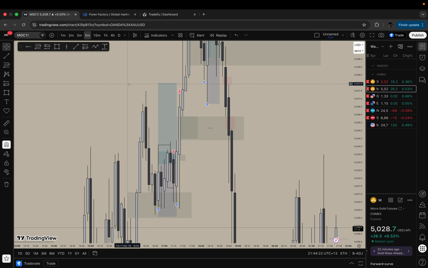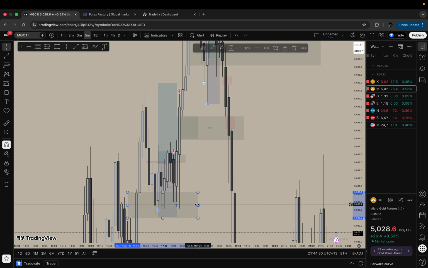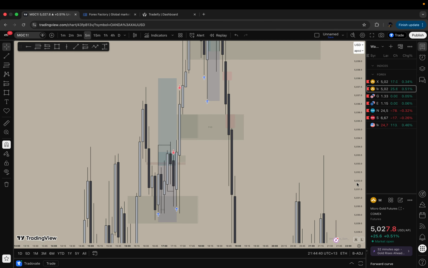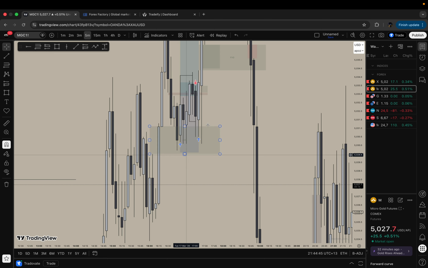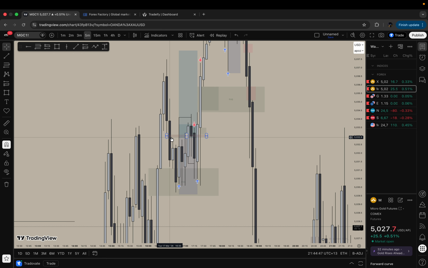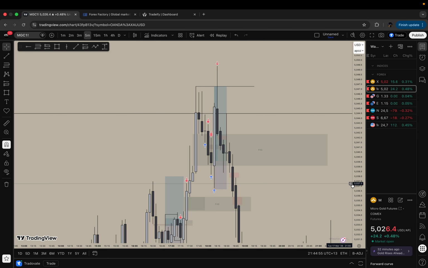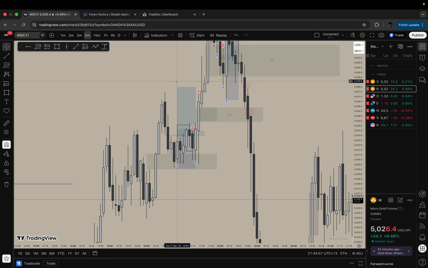On the 5 minute, we didn't really see anything besides this 5 minute gap being created on the move down to this 15-minute gap, which I noticed was there, but since this is such a small gap, to me it's insignificant, especially when we're on a bullish run. So this gap ideally should be disrespected if we are continuing to make some moves up to the overall draw, which in our case the draw did get smacked.